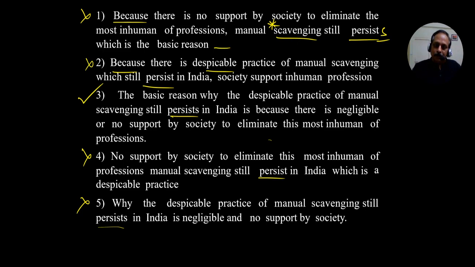Crows, vultures, hyenas, they depend on the dead bodies. These are scavengers. If you take the food pyramid, you have the herbivores, carnivores, and in between you have the scavengers. Scavengers are at the bottom rung. They clean. But in this context, it goes with human beings. And who are these scavengers in this context?